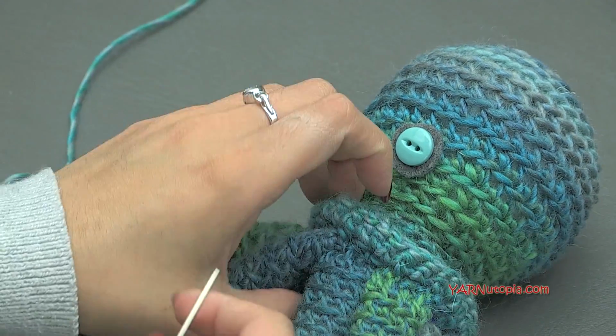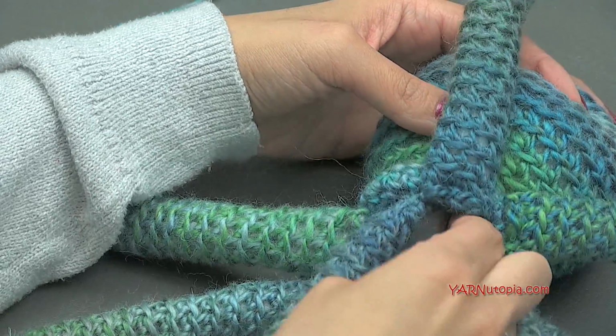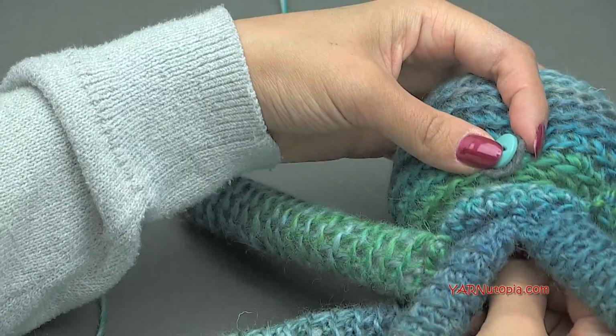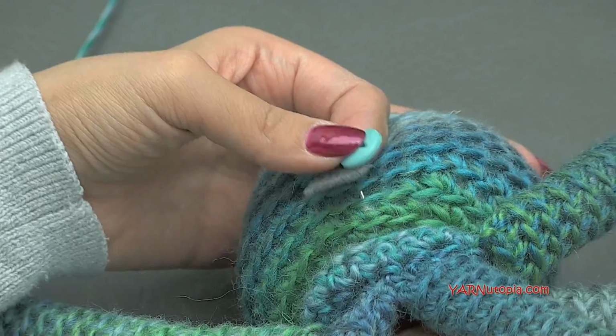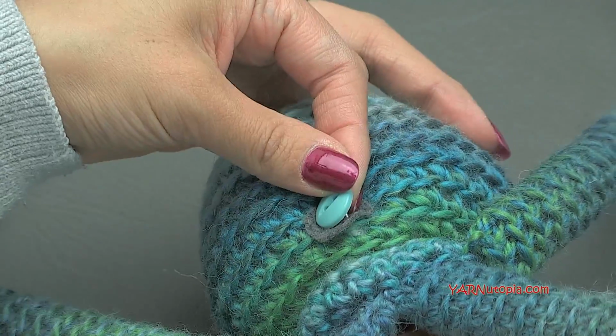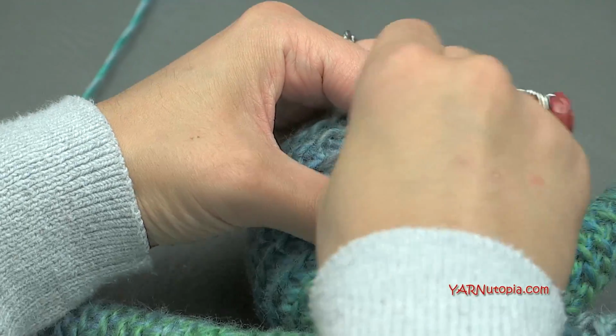Okay, and we're going to go in from the inside. That's why we left this open. So we're going in from underneath here, in from the inside. Poke this through, poke it through your felt, and then poke it through your button. Okay, and then pull that through